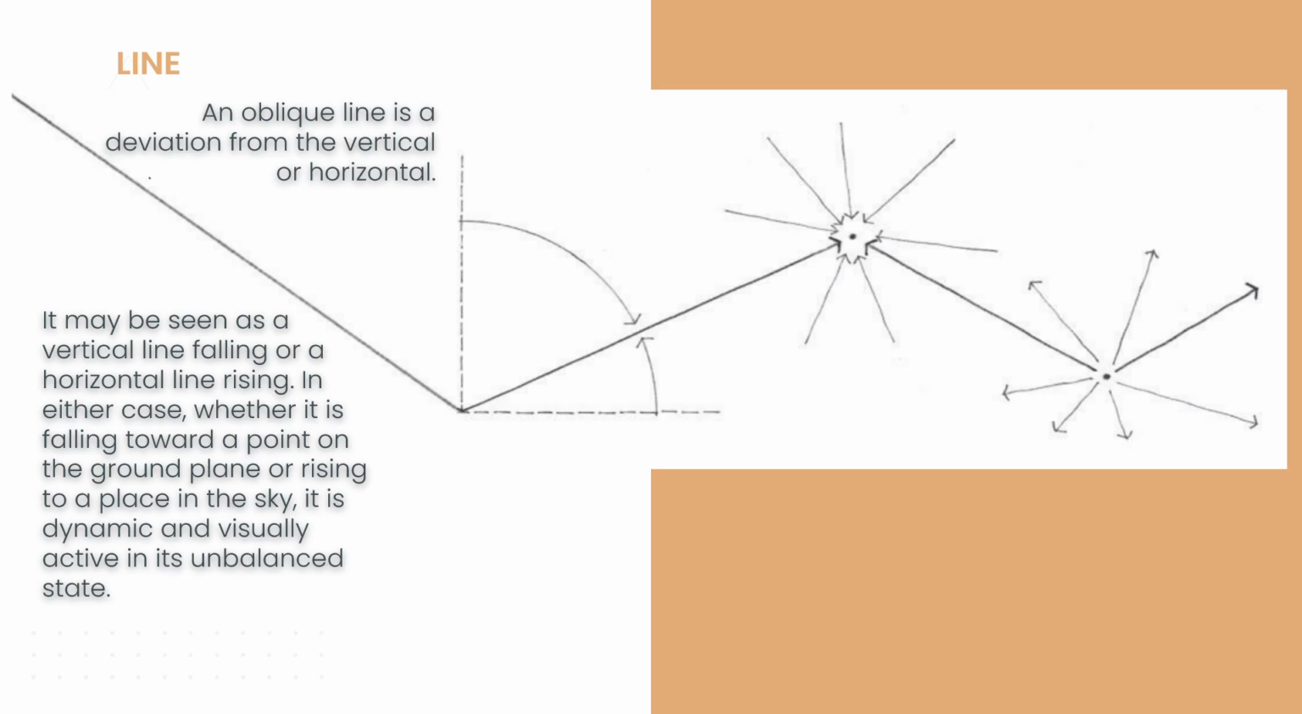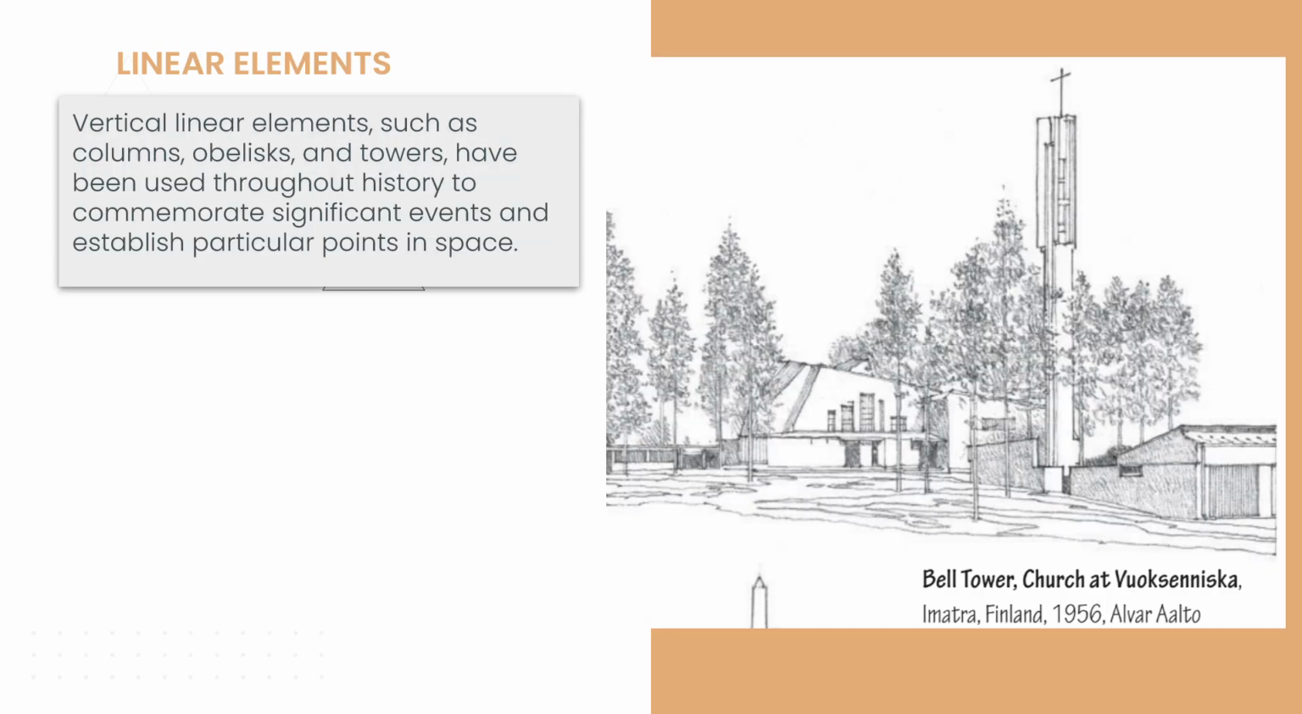An oblique line is a deviation from the vertical or horizontal. So it's not always horizontal or vertical. Sometimes it's diagonal or oblique. So vertical linear elements such as columns, obelisks, and towers have been used throughout history to commemorate significant events and establish particular points in space. So in the context of architecture, we can use linear elements like vertical lines to depict this significance or milestone